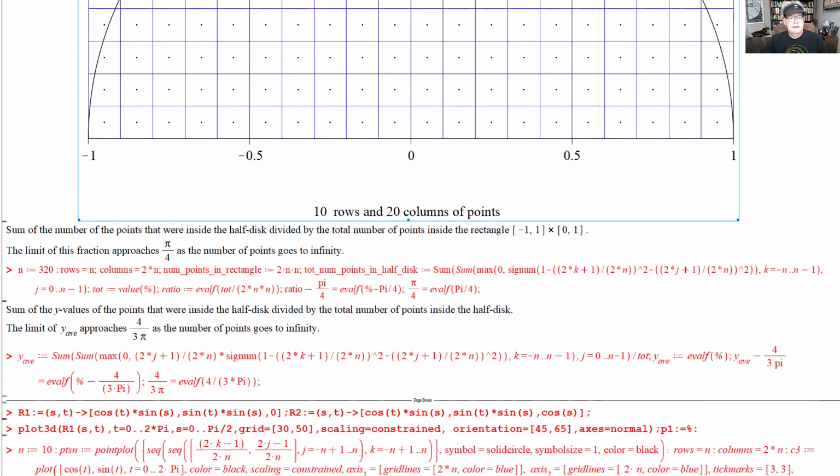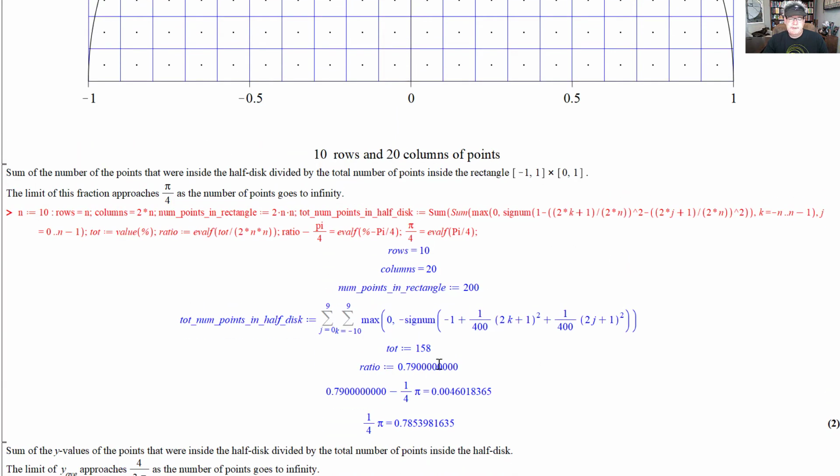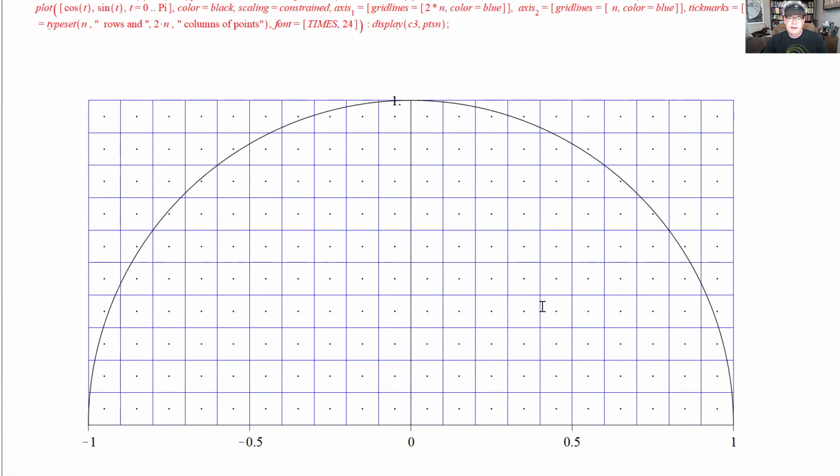I was able to count them just by using sign, whether you're inside or not. So at first there's 200 points in the rectangle. 158 ended up being inside the semicircle. So the ratio is 0.79,